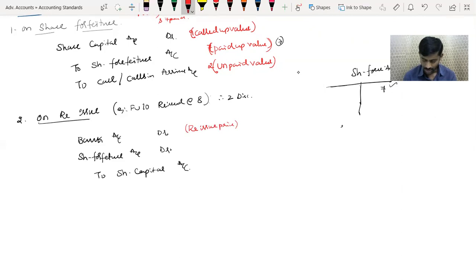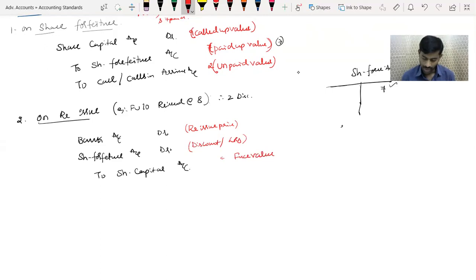So this is discount or loss. This is face value. Suppose you could issue at, for example, 15 rupees. The reissue price is 15, correct? So that means the 7 rupees you already collected is also completely profit. And moreover, since forfeited shares are issued at a premium, there is no loss. On that, the extra premium you have, you have to take to securities premium.